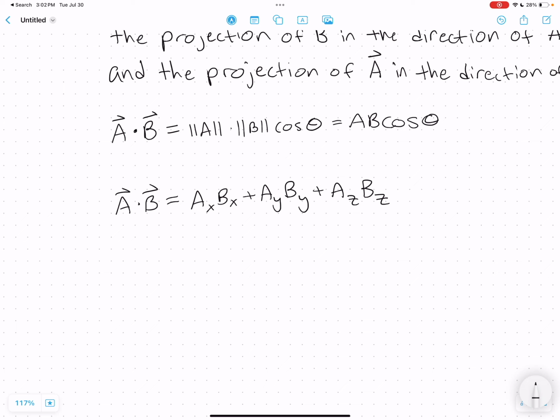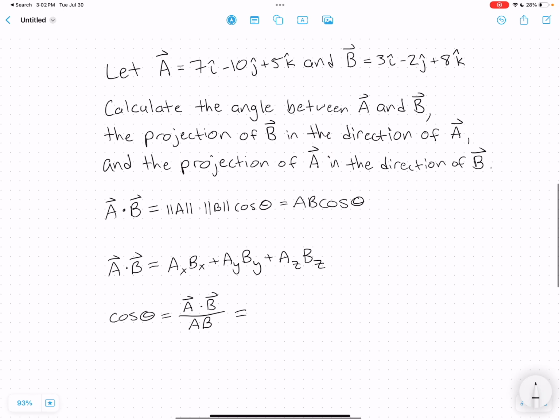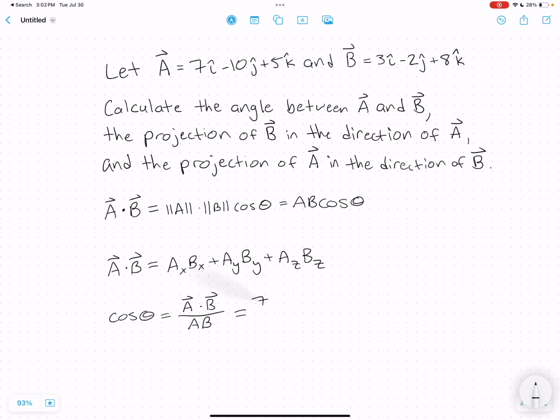Doing this step by step, we can divide this entire equation by AB, the magnitude of A times the magnitude of B. So we get that the cosine of theta is equal to vector A dot vector B over the magnitudes. Vector A dot vector B is this right here, so I'm just going to plug in: 7 times 3 plus minus 10 times minus 2 plus 5 times 8, all over